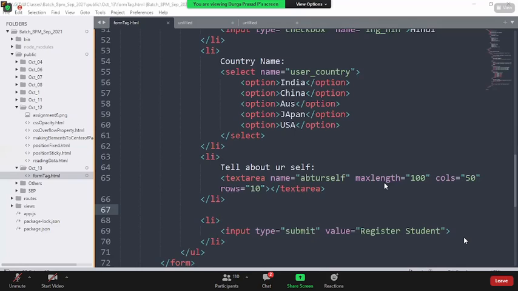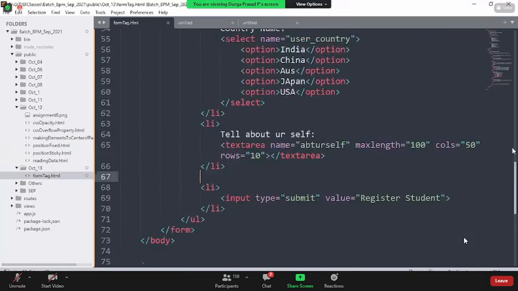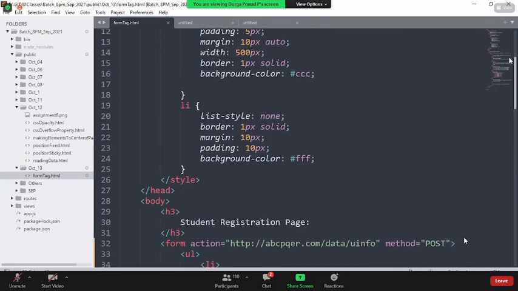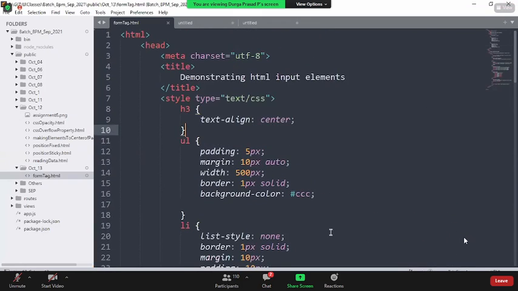Okay, so I hope everybody is clear till here. We have seen how to read the data and how to send the data to the server in two ways, either in the form of get communication or post communication. This is the way you read the data. Anytime you want to read some information from the user and go further accordingly, that is how you go with this set of input elements. As I said, these are not the only input elements; there are many more to come, which we will be covering in HTML5. Okay, so what is our next topic?